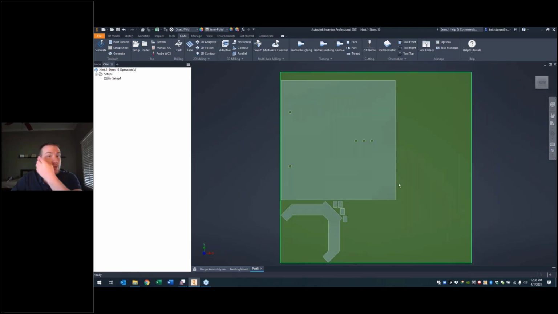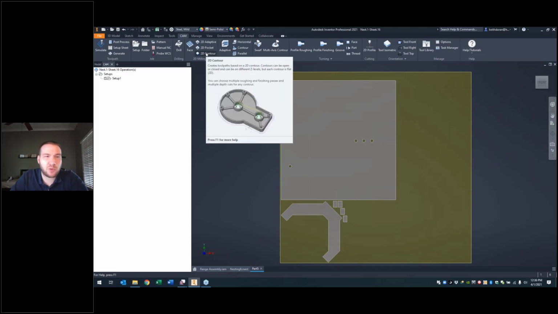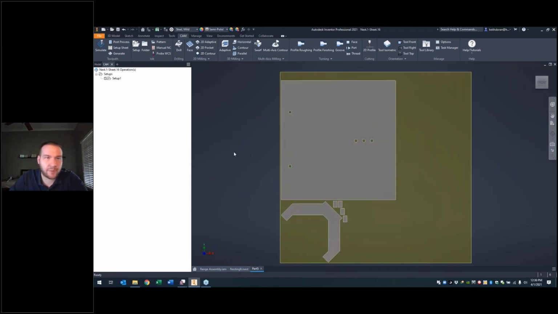So from here, it would just be a matter of running a number of 2D contours around these components with whatever tooling I wanted to use. Now, in my case, because I did this with a 1/4 inch part spacing, this wouldn't necessarily be ideal for cutting with a laser. But within the setups inside of Inventor,